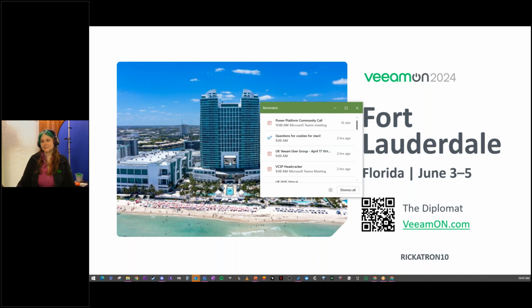Question from Maxim. What would be expected terabyte per day with that API? That is an excellent question, and I am not allowed to answer on this. It's in the works. There are negotiations with Microsoft. Microsoft will have a price, and we'll have a price probably as a partner, I believe. I don't know specifics on that one yet.